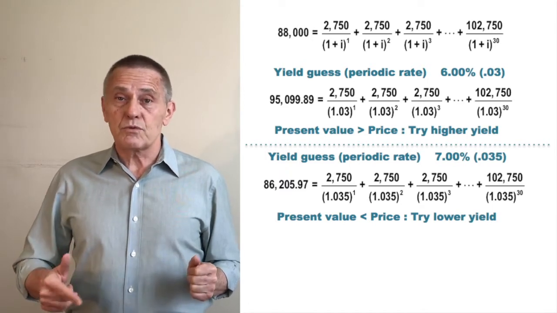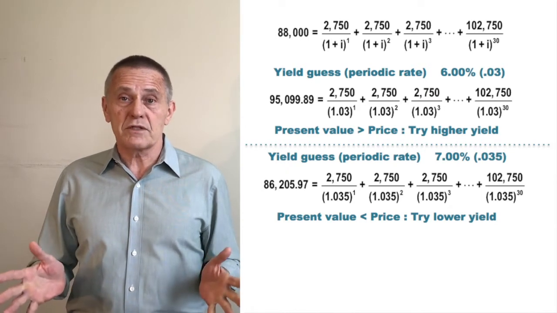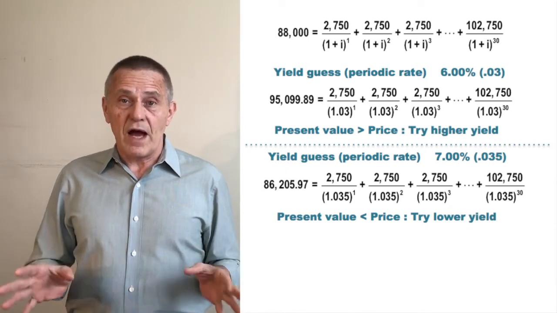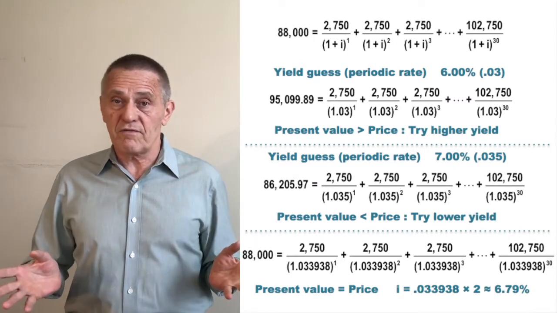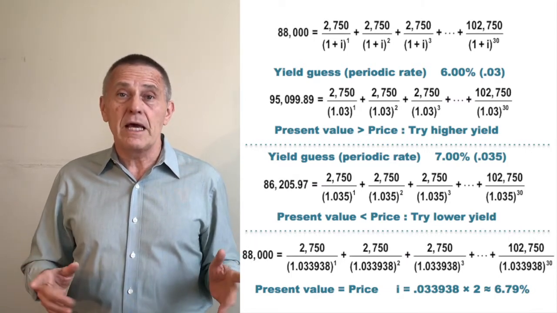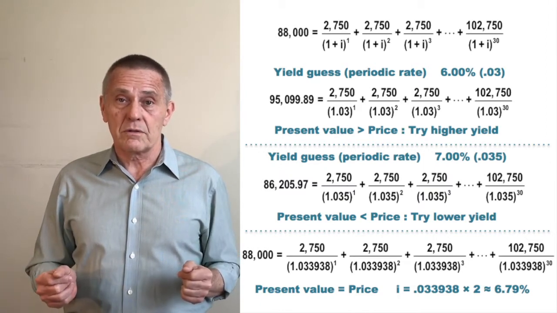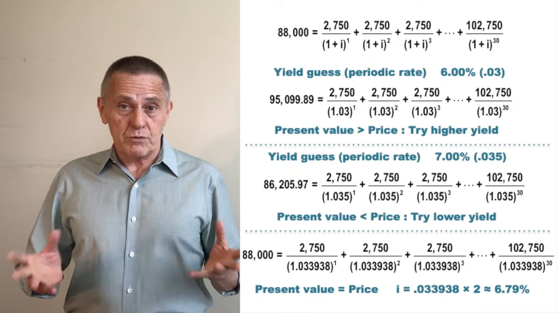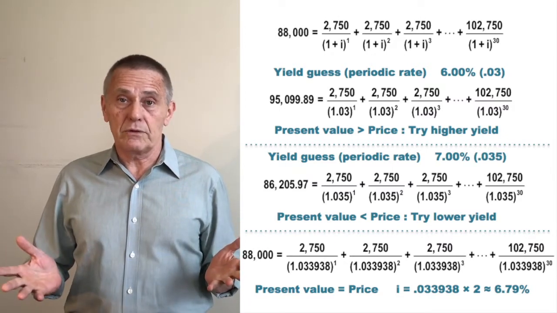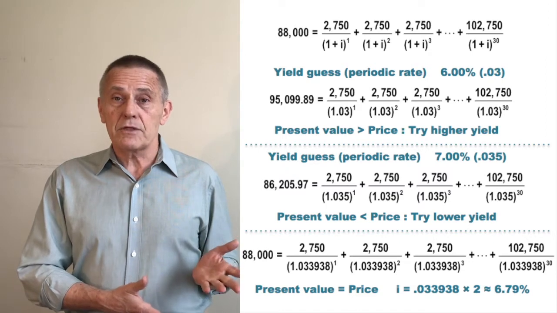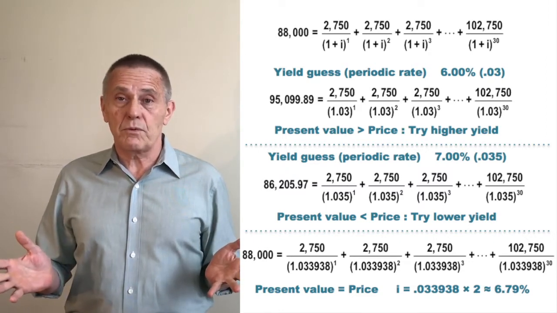So that process would be repeated over and over again until, through a process of trial and error, we finally find a discount rate that, when applied to find the present value of the cash flows to maturity, generates a present value of the cash flows equal to the price. And then once we have that periodic rate, we need to annualize it to get our annual yield to maturity. And you'll note in this case, rounded to the nearest full basis point, we get a yield to maturity of